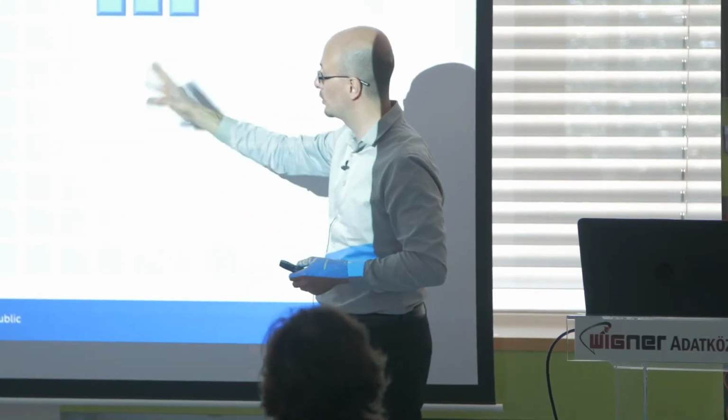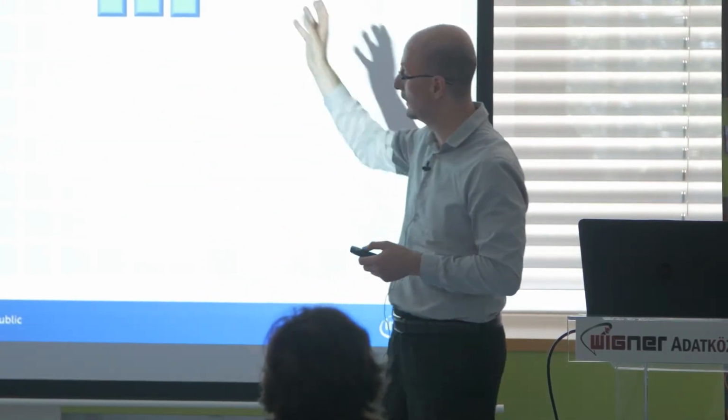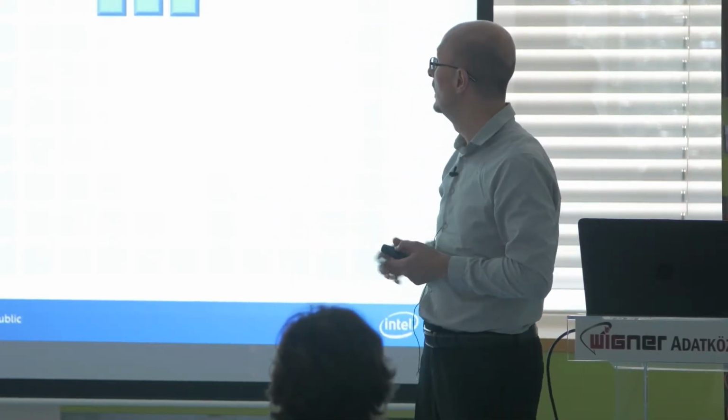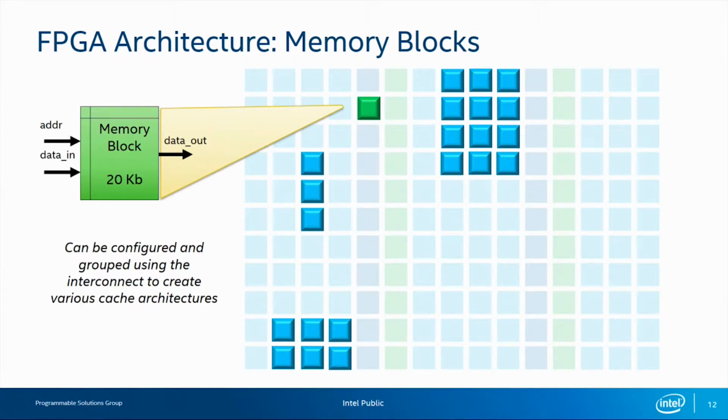The compiler decides to make a certain type of connection between different parts of the logic to give the impression of what you are trying to do. The other building block is a memory block. Any building blocks that you see are in column-wise fashion in the Intel FPGA. So there's a column of memory blocks, and there are multiple columns of memory blocks, each of which has 20 kilobit capacity. You can use this 20 kilobit size individually, or you could group them and then make deeper or wider caches